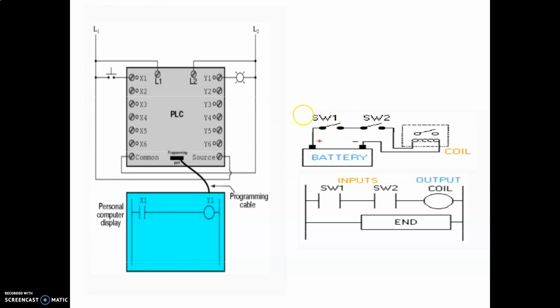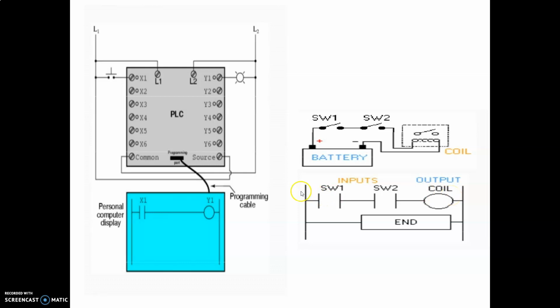As you can see, both of them are normally open circuits. Look at SW1 and SW2. For normally open, the symbol is like this, right? Then we have an output. The output can be a bulb, a fan, it can be anything. Whatever the output is, we connect it here using this circular symbol, right? So we have two inputs and an output.